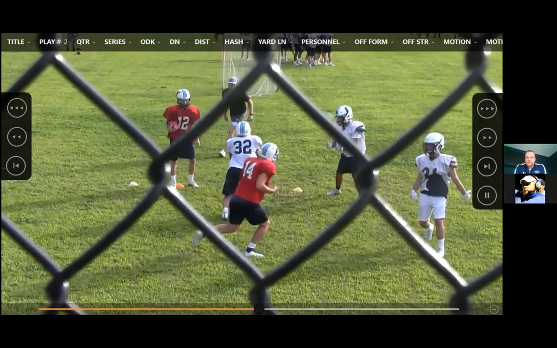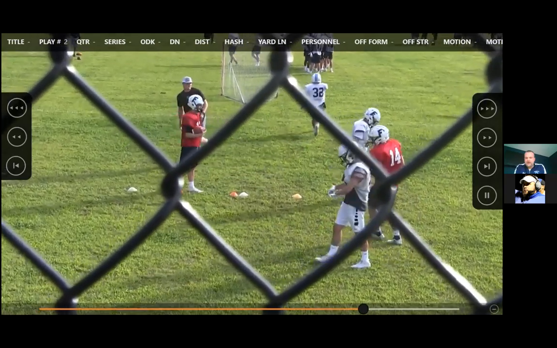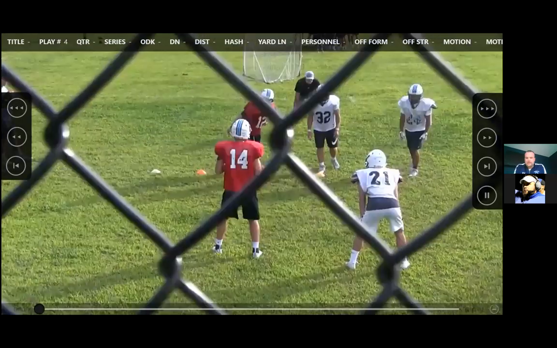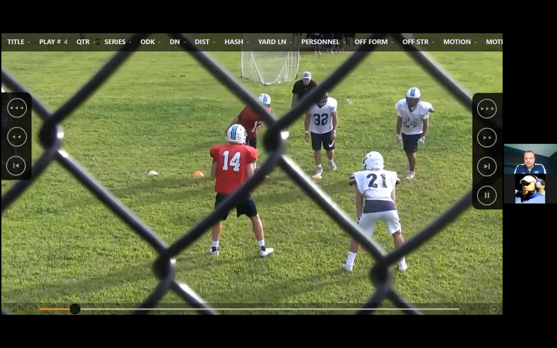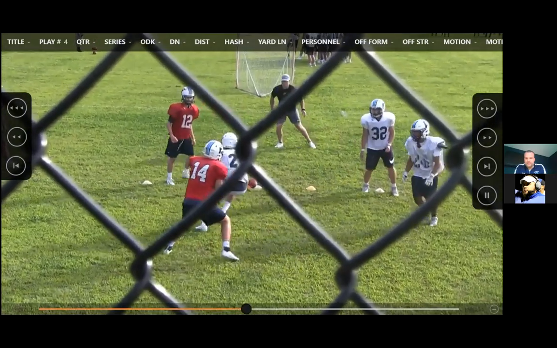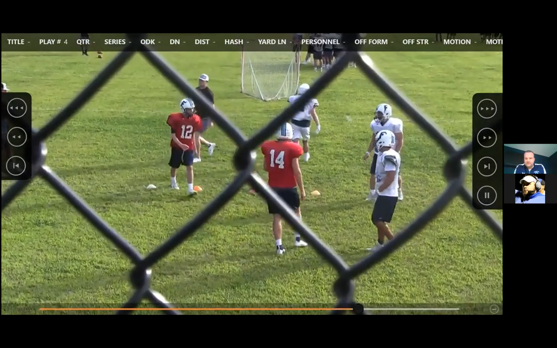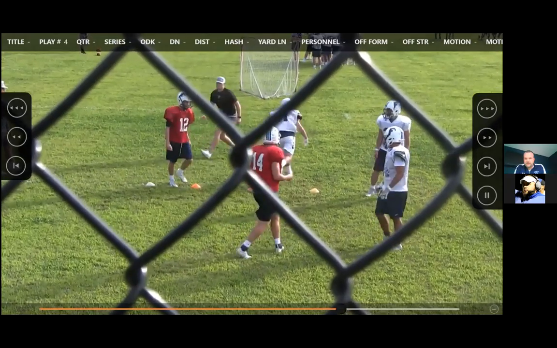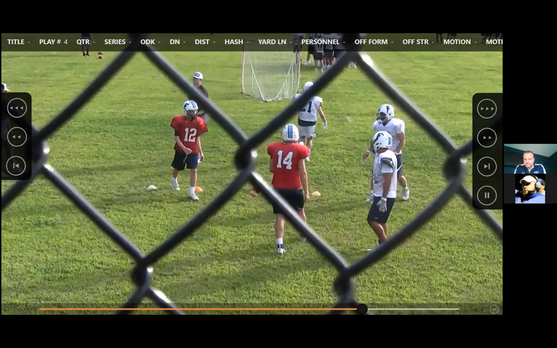Doesn't mean it's the best way to do it, but as you can see, we've got 5 kids in the drill right now going, and depending on the size of your staff and your team, it can be kind of tough to manage all the bodies. So it takes a little bit of time to set this up. I'm not really going to overcoach how to cut those 2 reps that you saw. They are not our starting running back, but they're pretty tough kids that we like a lot. And again, this is day 1 in upper stuff.